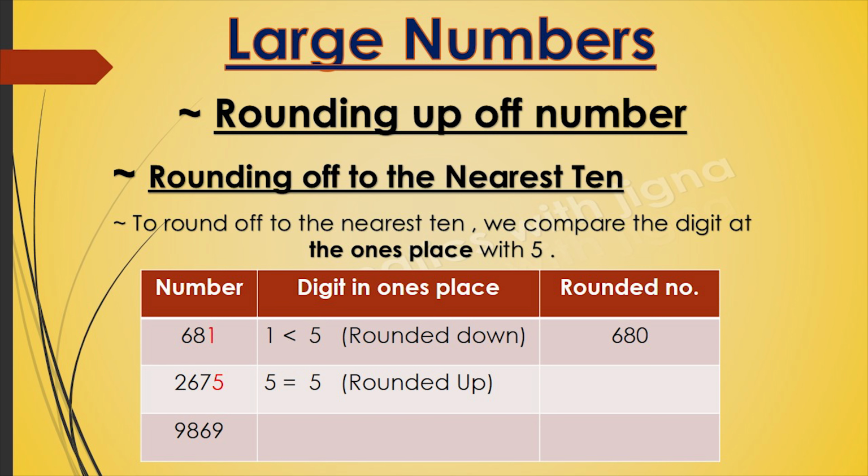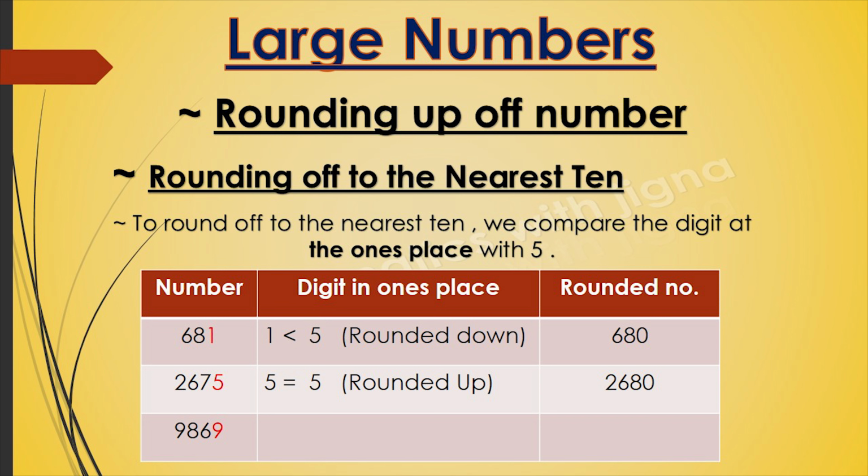So 7 plus 1, 8. So it will be 268, and we replace ones digit with the 0. So our rounded number is 2680. Now our next number is